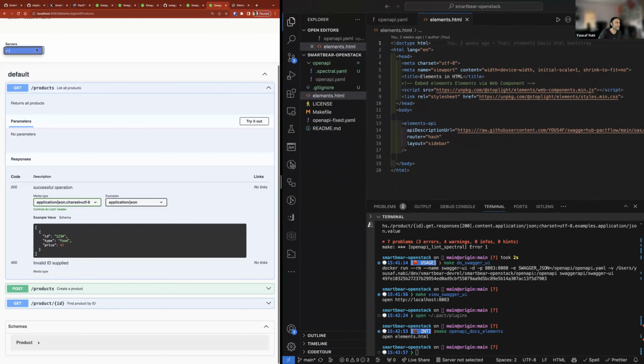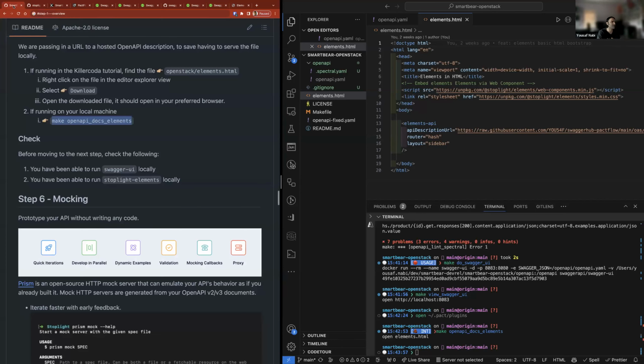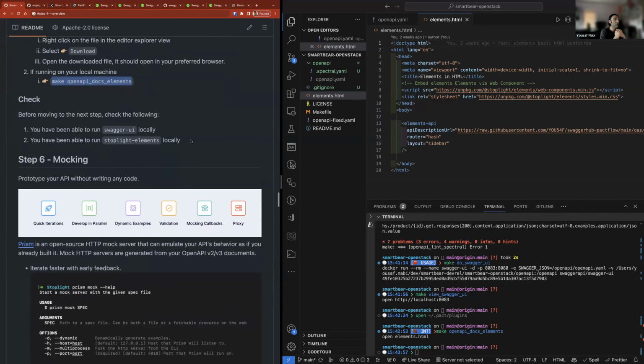However, we would need a server URL, so a hosted version of this API to be able to make this request to, in order to fulfill this try it out functionality. So at this moment in time, we actually haven't done any provider development. So we may wish to, as well as providing the kind of Swagger UI or the UI representation of